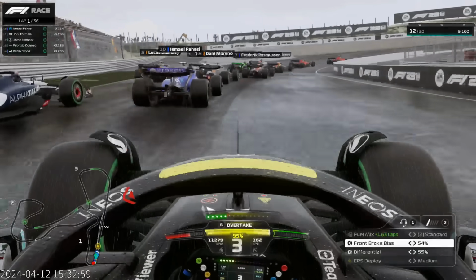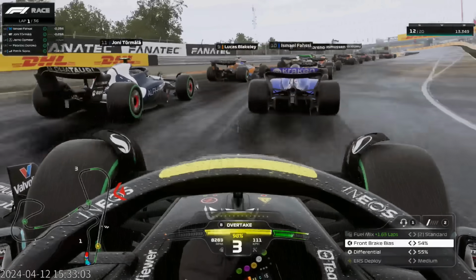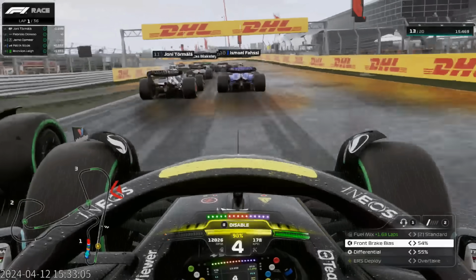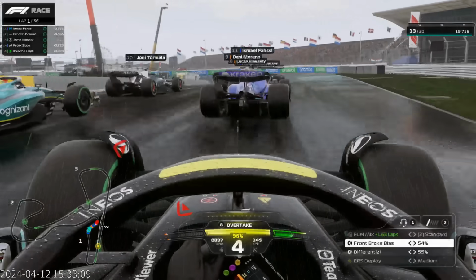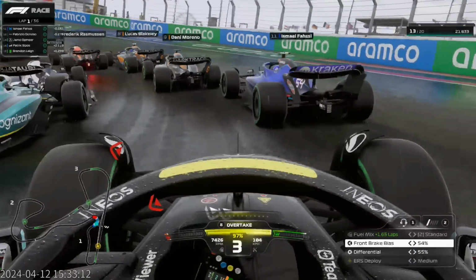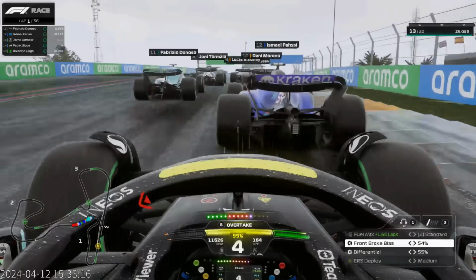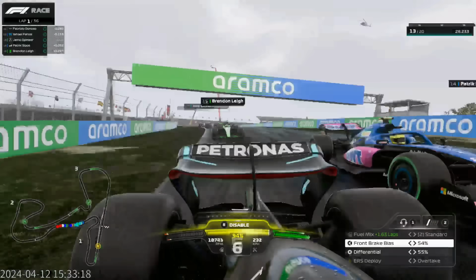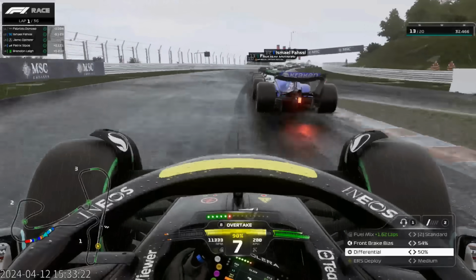However, not really under threat from anyone behind. We got Fabrizio De Noso going around the outside of us. Yeah, he did it really well, but I wanted to have the outside for this left-hander in order to try and go around the outside of someone. But Ismail was right there, a little bit slow on the apex, so he got overtaken by Fabrizio there. So that was not ideal. Down to P13 we go, and we've lost 1 position on this opening lap